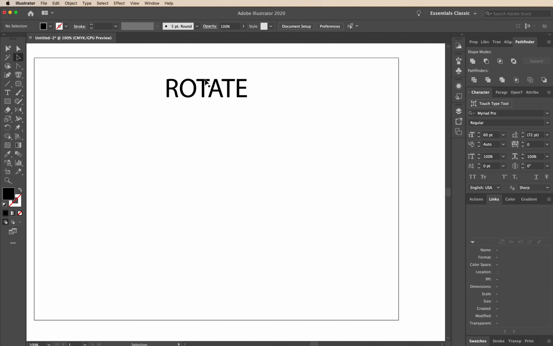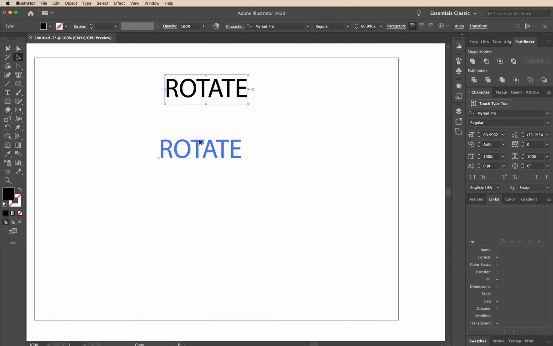Just going to look at how to rotate things, and I'm just going to borrow this title, so Option or Alt, drag down to get a copy, and we've got a rotate tool in the tool panel. We can just click on that and spin it round that way,